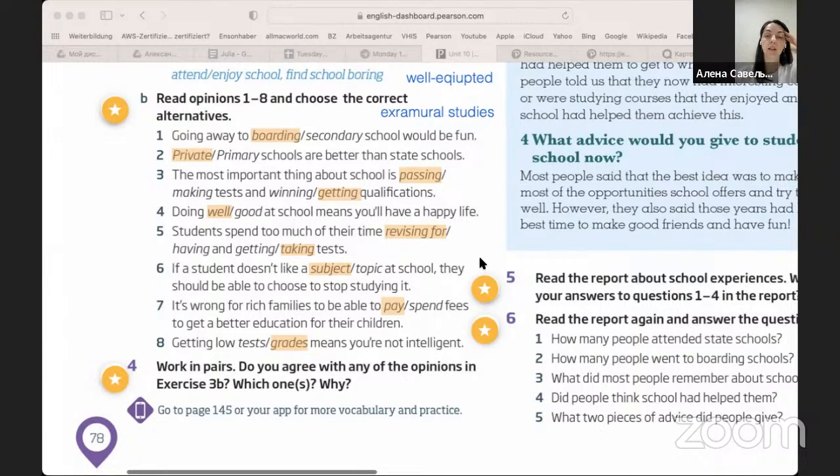The fees are high, and maybe poor families really